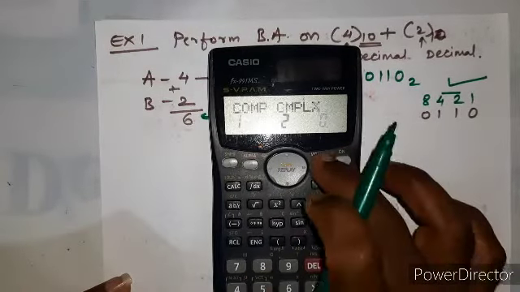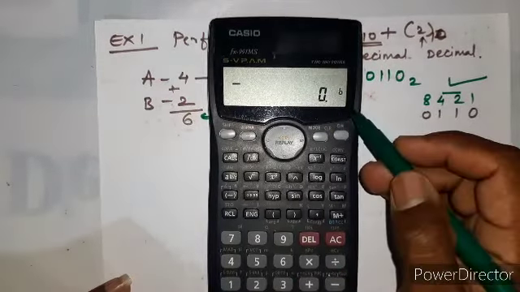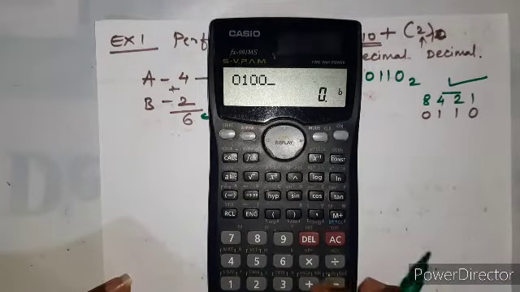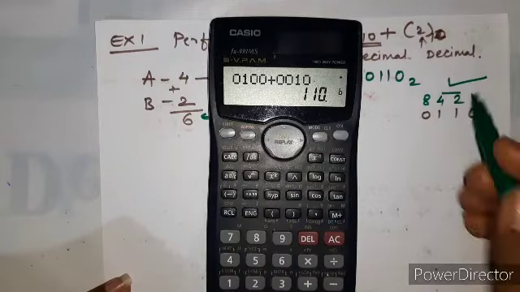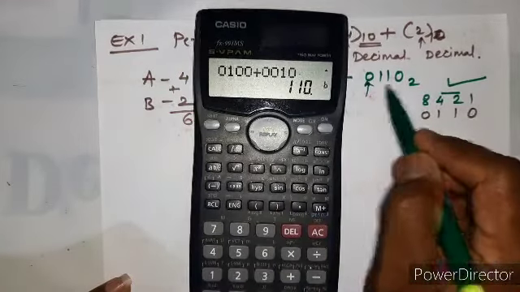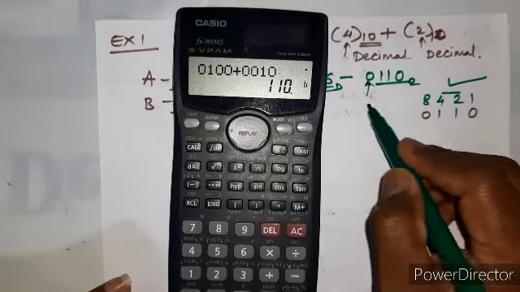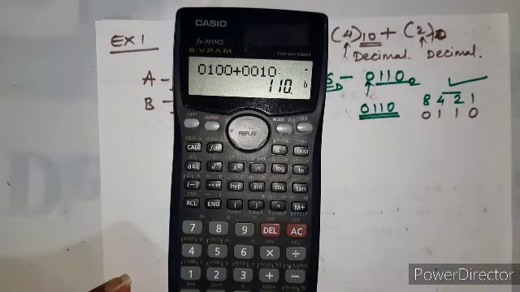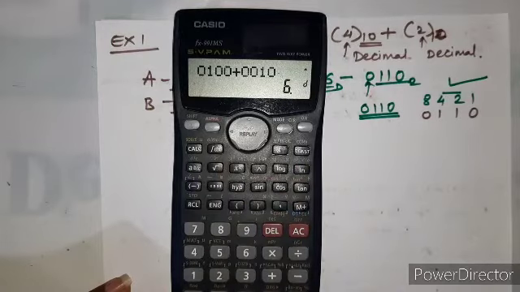Okay. So for that I need to change this base. You can see here we have this binary. So I add 0100 plus 0010. Okay, and then we get this, here this 0 is neglected in the calculator, so the answer is 110, which is equal to 0110. Okay, and if we try to convert that into decimal, then it is 6,